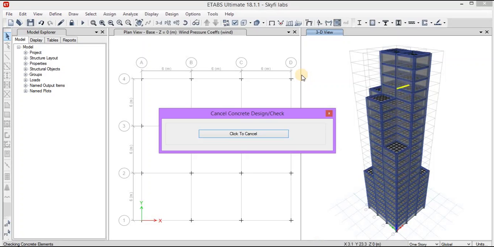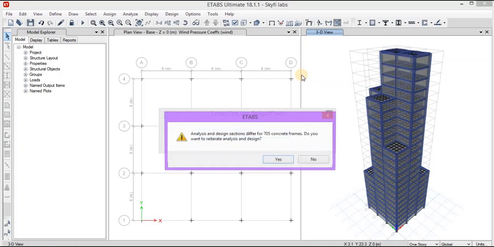The blinking in the 3D view shows that ETABS is carrying out the design check, and you can see in the pop-up that analysis and design sections differ for 705 concrete frames. Do you want to reiterate analysis and design? So we will click on yes, and we will ask ETABS to increase the section sizes. So click on yes.